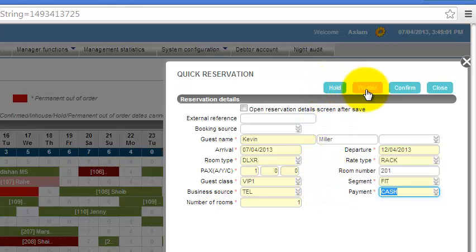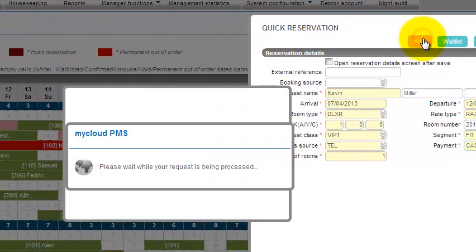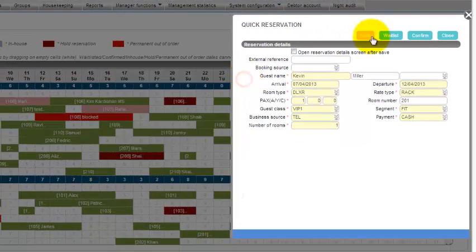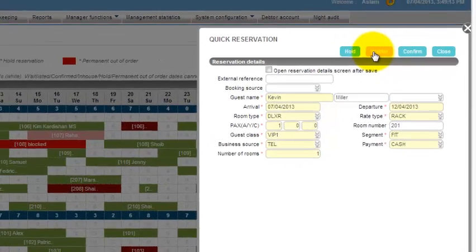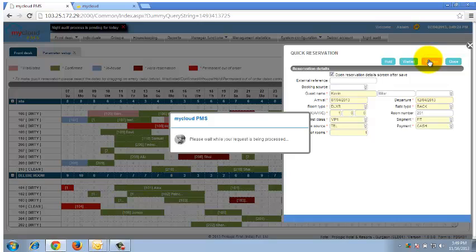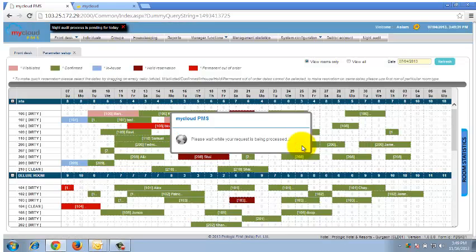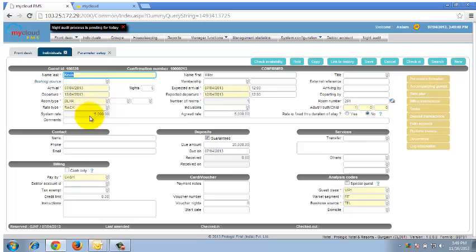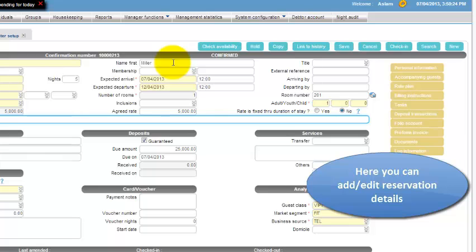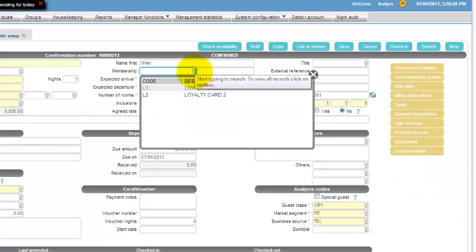And depending on the status of reservation, you can hold, waitlist or confirm the reservation. When you click on hold, it will ask you to enter the release date. If you want to open the reservation details screen, you need to check on this checkbox and click on confirm. On confirm, it will open up this reservation details screen where you have all the details of the guest, and you can add or edit the details,